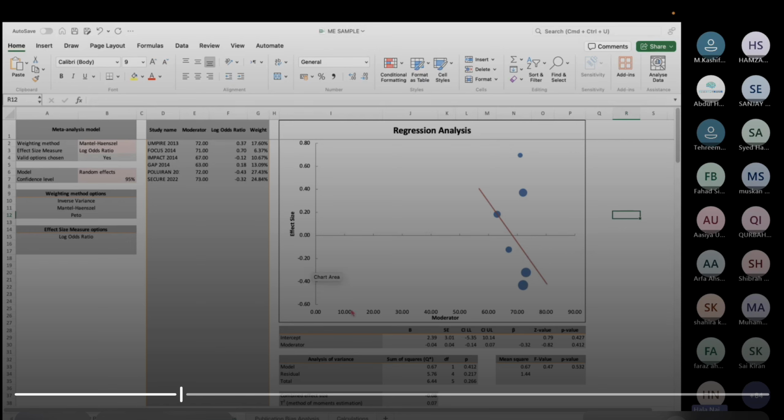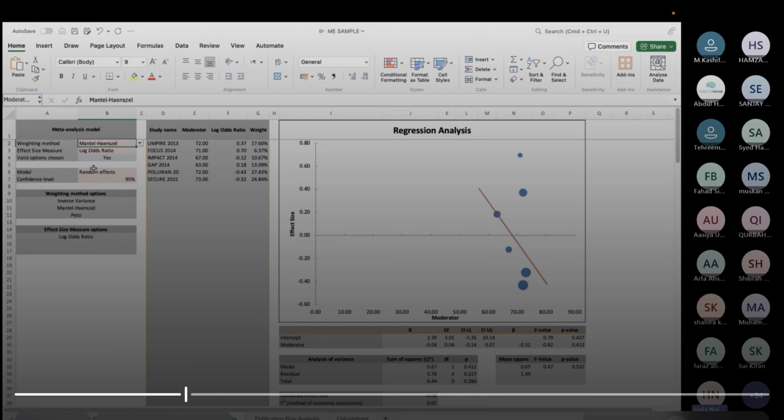ठीक है? X axis पे हमारे पास moderator लिखा हुआ है, which is basically your age in our case, and effect size मतलब हमारे Y axis पे जो है वो हमारा है MACE events. ठीक है? क्योंकि हम MACE पे देखना चाह रहे हैं ना, effect size is our outcome basically. अच्छा, फिर on the left hand side you have to make sure that you've chosen the MH method. ठीक है? So क्यों? क्योंकि MACE जिस पे हम effect देखना चाह रहे हैं, that's a dichotomous outcome. And if you guys remember, हमने dichotomous outcomes के लिए we always take MH. So make sure it's MH.